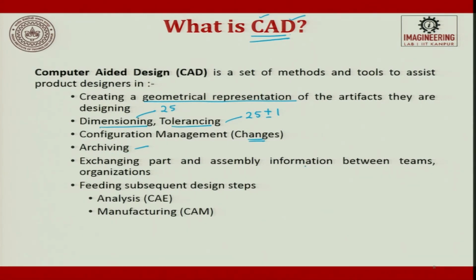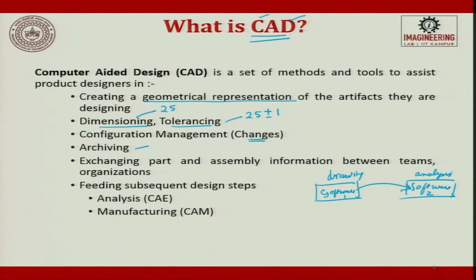Exchanging part and assembly information between teams and organization. For example, let us assume you have a software 1, you have a software 2. So, this first software is for drawing and this is for analysis. So, you are supposed to transfer the data from one software to the other software for doing further thing.